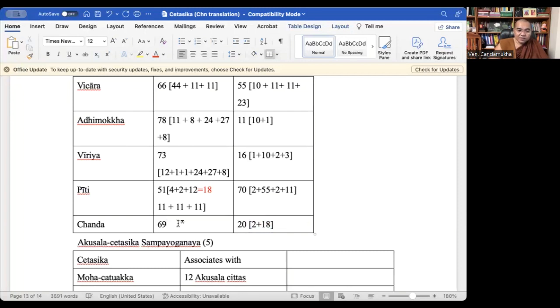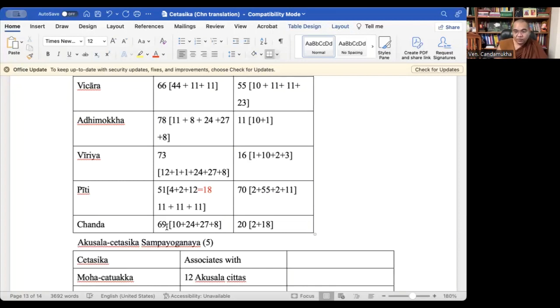So the remaining is 69 Citta. What are they? You can easily know: from the Akusala Sobhana Cetasika Sampayoga Naya, 8 Lobha Mula and 2 Dosa Mula you can get. And then 24 Kama Sobhana; the 18 Ahetuka you cannot associate. Also 27 Mahaggata Citta and the 8 Lokuttara Citta altogether. So 69. In these 69 consciousness, Chanda, desire, is there.